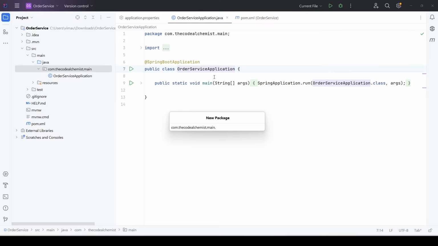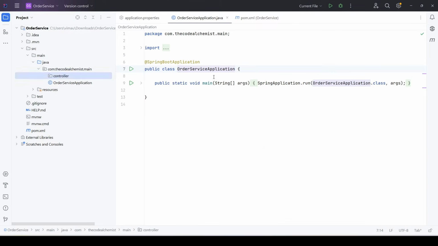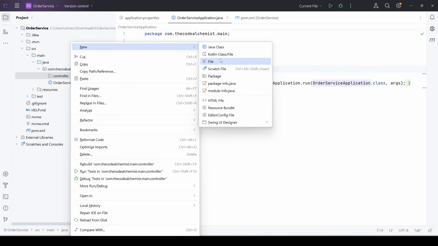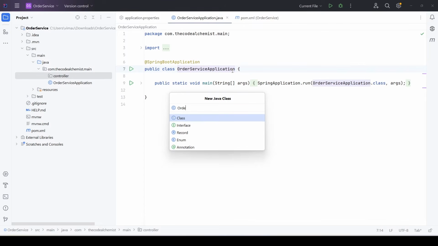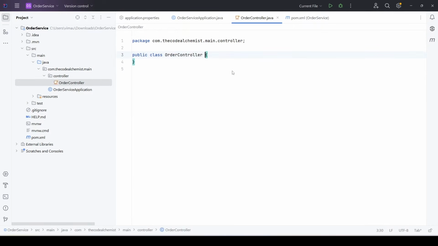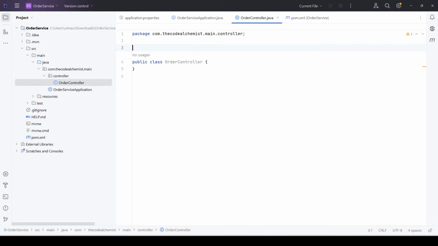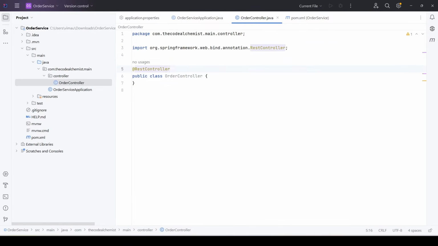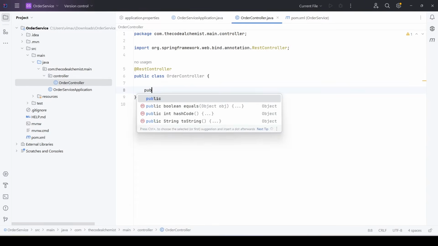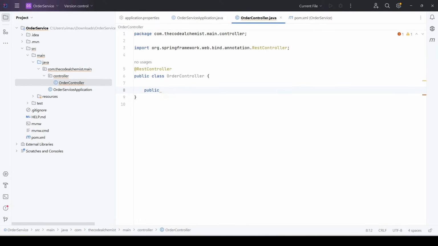So let's add a new package. And in this package, we will add a new class. And now we need to add the required annotation, which is REST controller. And in this controller, we will have a simple method